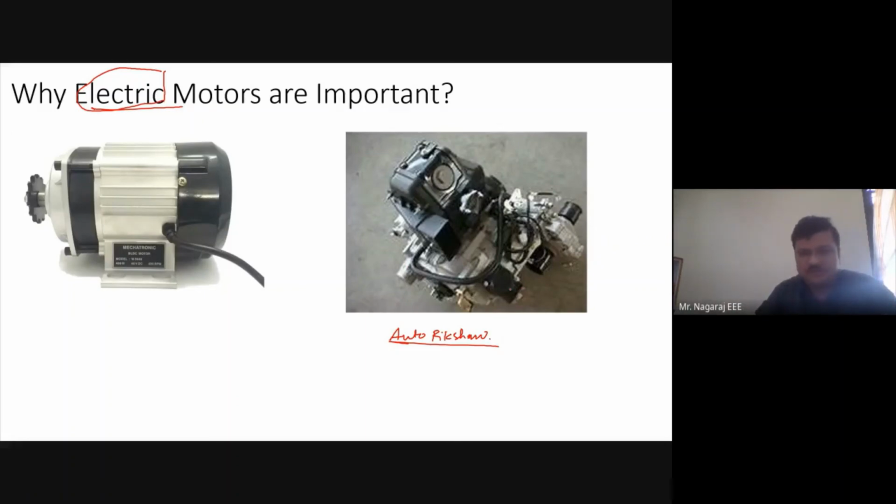Whereas if you want to run an engine, you have to carry your fuel wherever you go. It is not the same with electricity. No doubt that today the charging points are very few. But as the users increase, the supporting technology will also increase. Ten years back, there was no concept of a power bank for mobile phones. Today, there is a big competition in the power bank market. Why? Users increased, usability increased, requirements increased, requirement of charging increased.